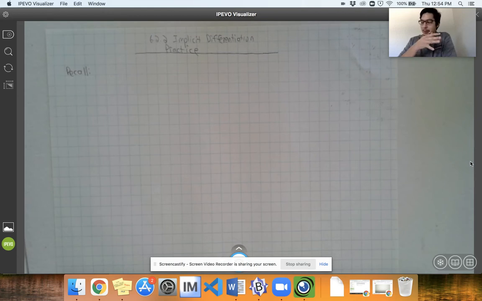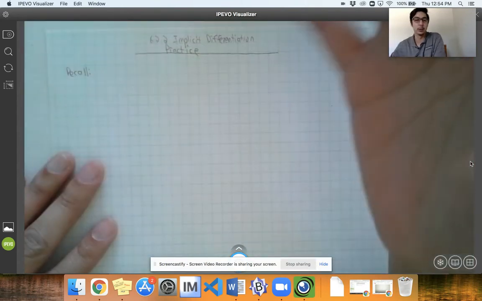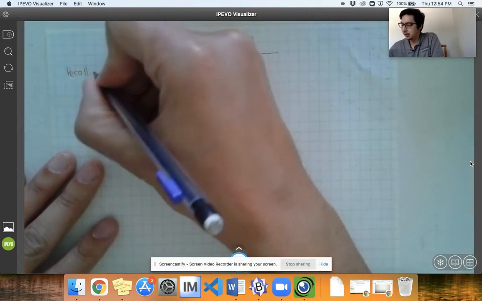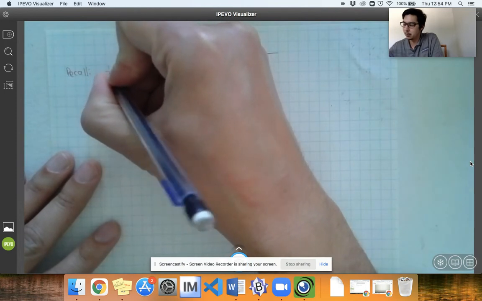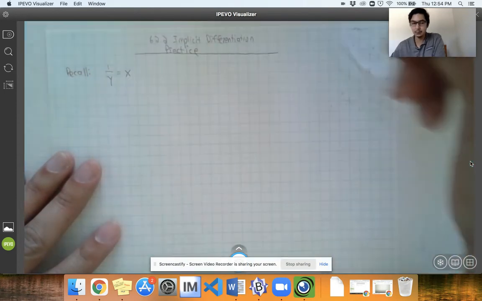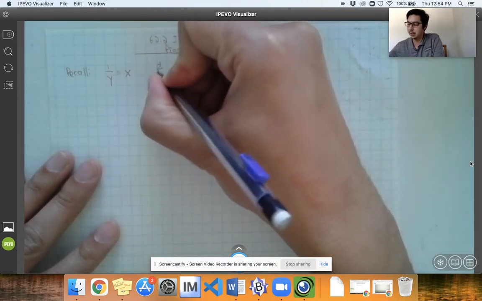So we are talking about 622 still, which is still implicit differentiation now. What does that mean? So recall from the last video, we looked at a few examples. And one of the examples we looked at, and it's the one we left off on, was the function 1 over y equals x. Now, if I asked you what's the derivative of this function, what's d dx of this